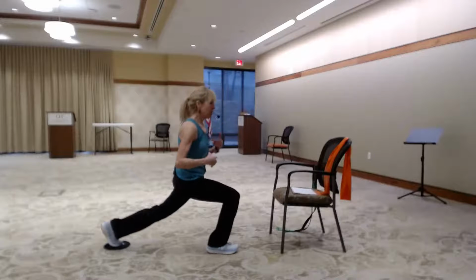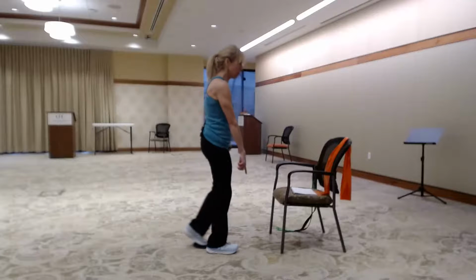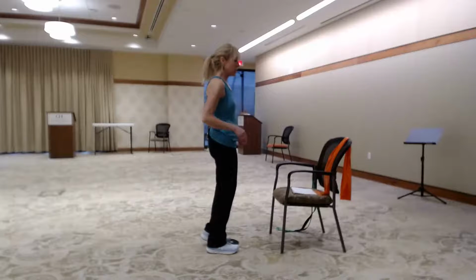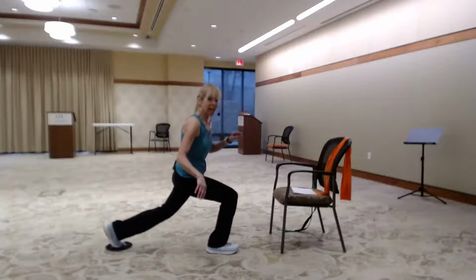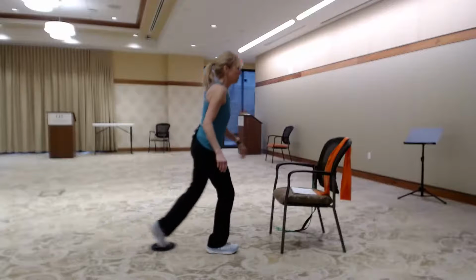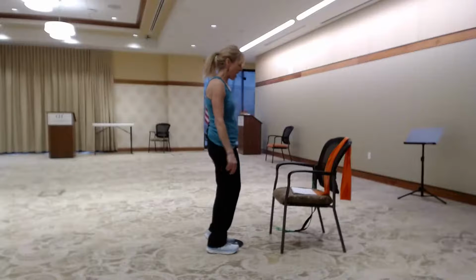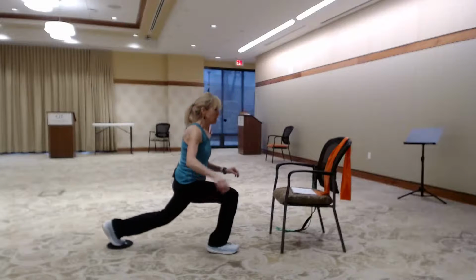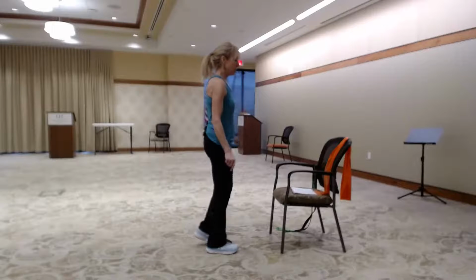Keep your body up, abs tight, and breathe. Now push that foot into the floor to come on up. You should feel your hamstrings working, glutes. Push your foot down into that glider. 5 more, and then we switch sides. 5, 4, 3, 2,